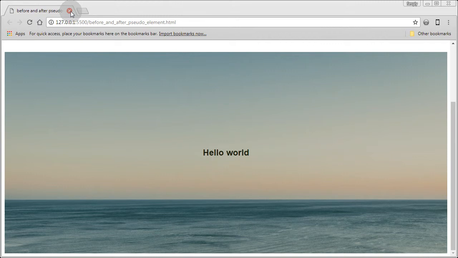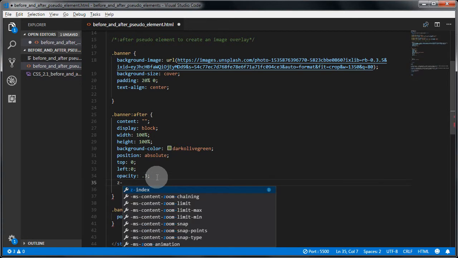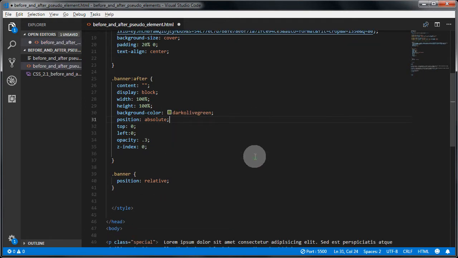Okay, it's not properly highlighting, and to fix this we need to add a z-index. So z-index we add here. We put 0 on this one, and we're gonna create the z-index 0 here